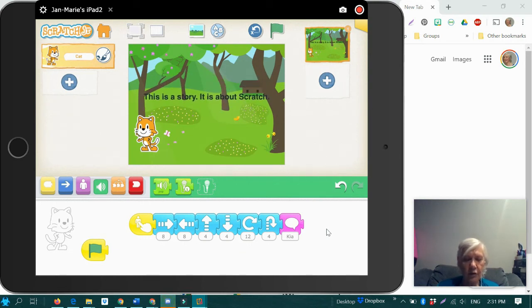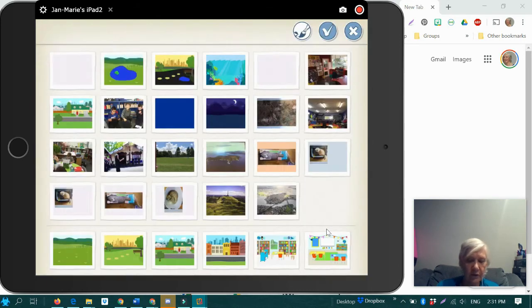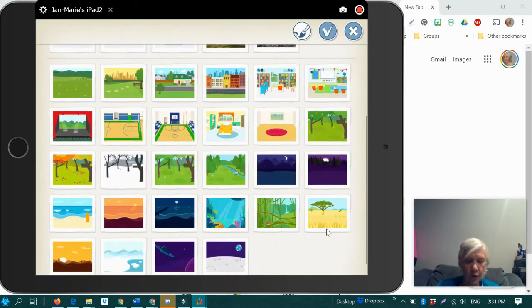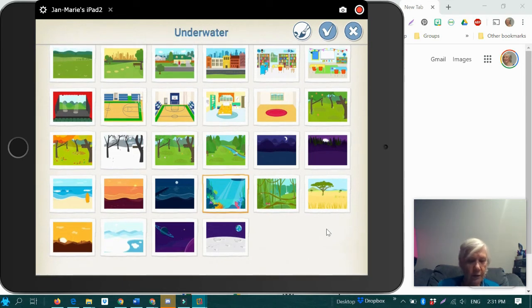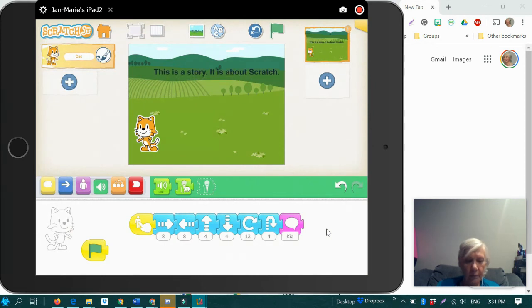Obviously, if you're going to use a lot of text, it pays to choose a background that is suitable for that. So, for instance, if I chose one that had a bit more plain background near the top, or something with blue sky, it is also possible to use your editing tool on your background to make